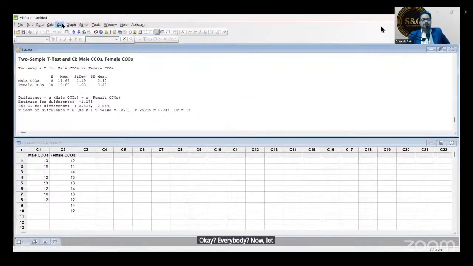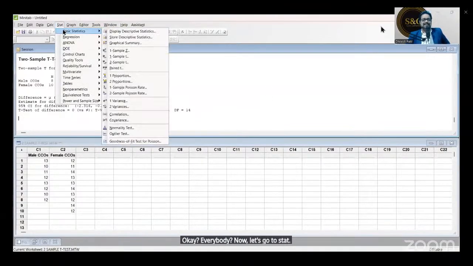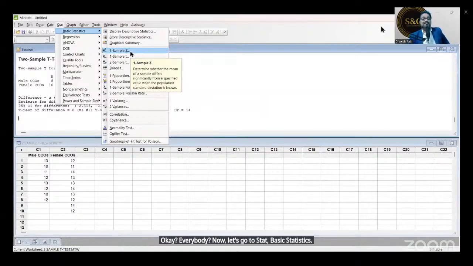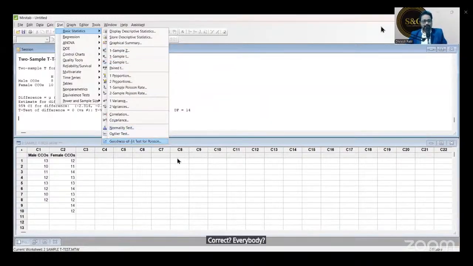Now let's go to basic statistics. One sample Z test, because we have sample size 64, which is greater than 30. So we can easily take help of the Z distribution. Correct? Everybody? Just give me a second. Open this file.